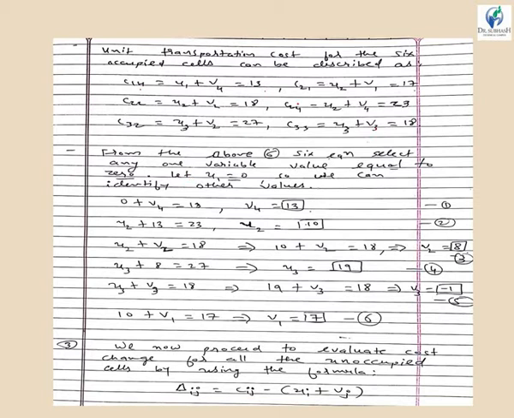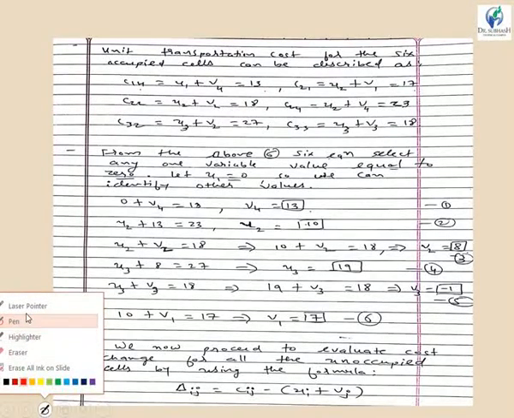So from all the 6 equations you are assigning. For example, let u1 is equal to 0. In this particular example I have taken u1 is equal to 0. You are free to assign any variable with 0 value, but I have selected u1 is equal to 0. So putting that value in the equations, you will identify the value of the other variables also. So if I have put u1 is equal to 0, then